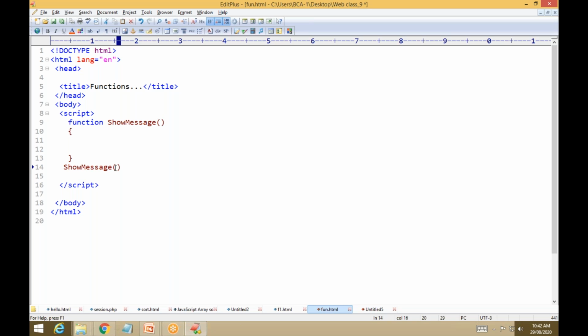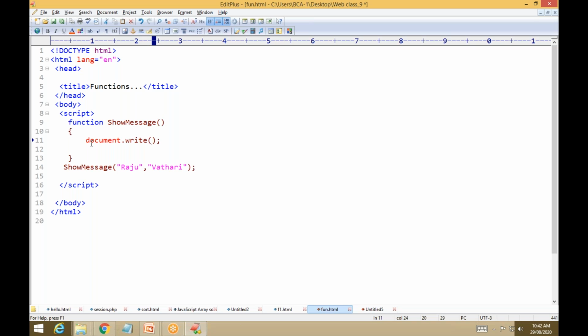Here I'm passing the values, my name Raju, then comma, another parameter, my surname. Then semicolon. So I want to print here document.write with brackets, semicolon.